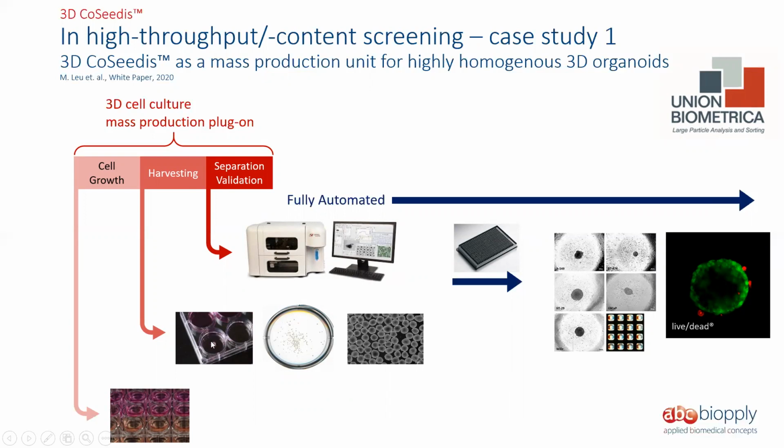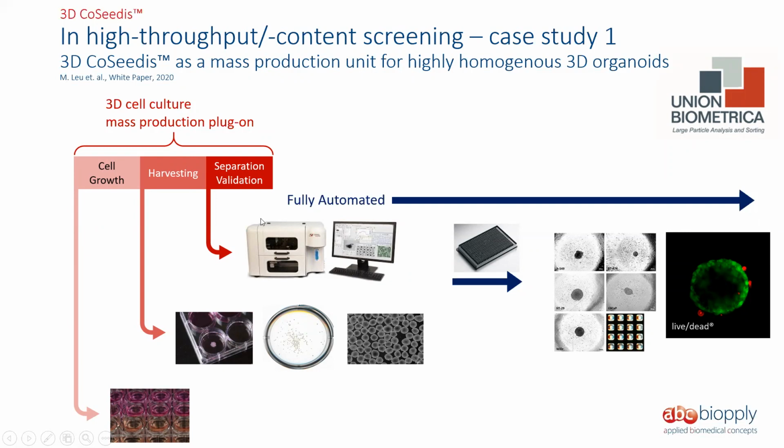For simplicity reasons, we've shown that here in a 6-well dish, but it works just the same in 24. So you can see here centralized the harvested suspension of spheroids grown in 3D CoSeedis. That's another magnification of the same thing. And here a light micrograph showing the homogeneity and uniformity of those spheroids. Those suspensions then went into a large particle sorter. We did that in collaboration with Union Biometrica. This large particle sorter could sort individual spheroids into wells of a 384 well plate, which then went into HTS downstream